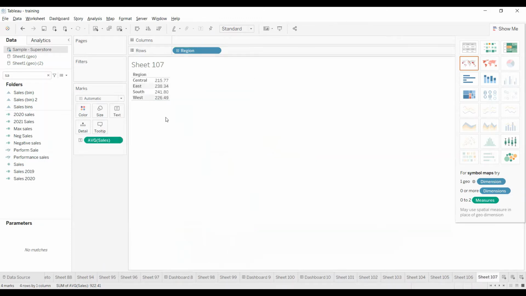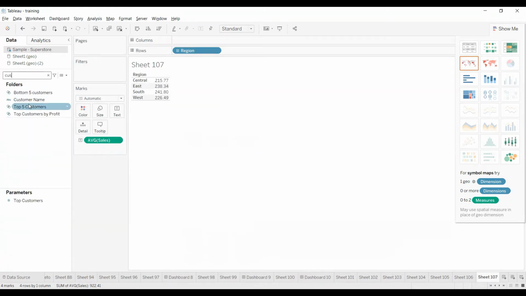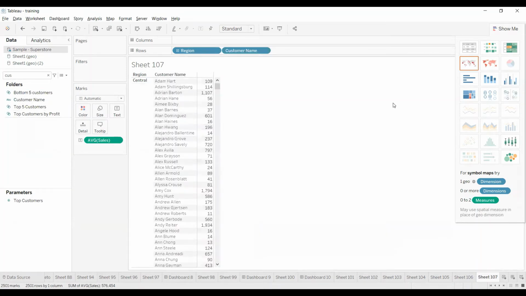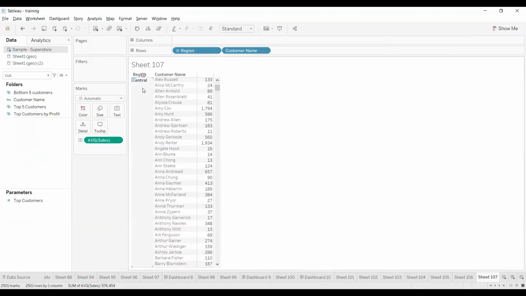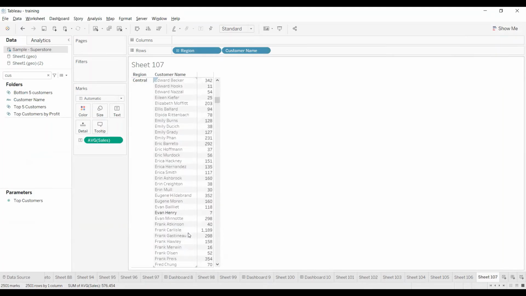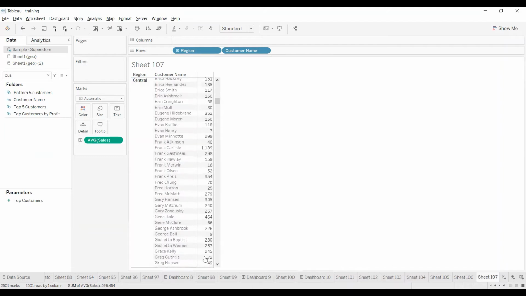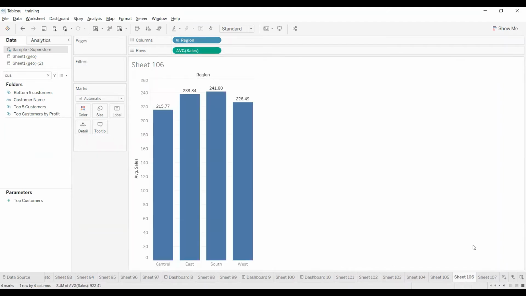Now I would like to see region wise customer wise average sales. I have a region, and in that region there are so many customers. Now I got each region with different customers along with their average sales. For example, let me look into the south region.